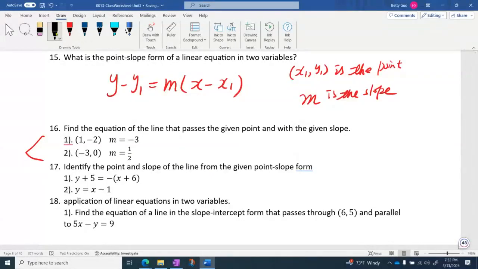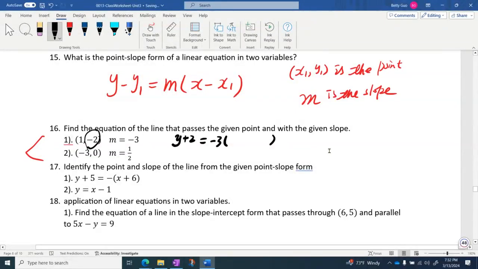I use the formula. On the left side, I have a variable y plus a number, and that number is the opposite of the y value. What's the opposite of the y value? The y value is -2. The opposite of it is +2. That's the left side. Equals